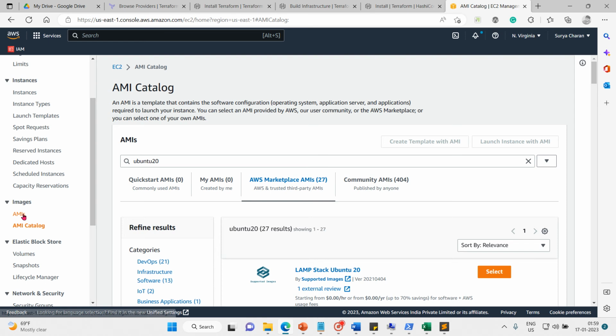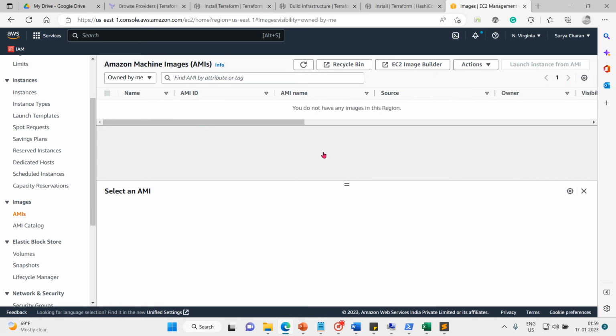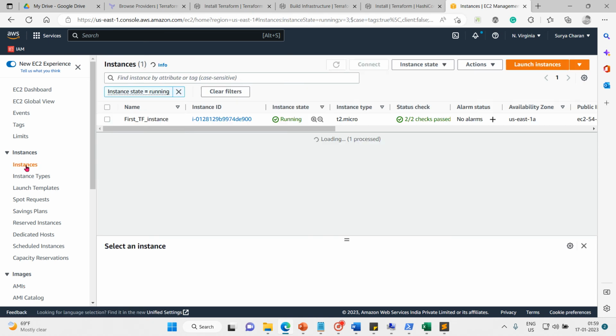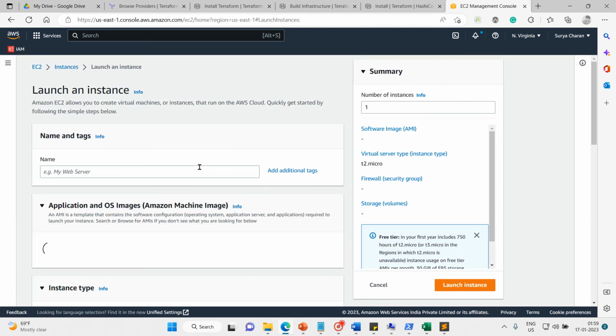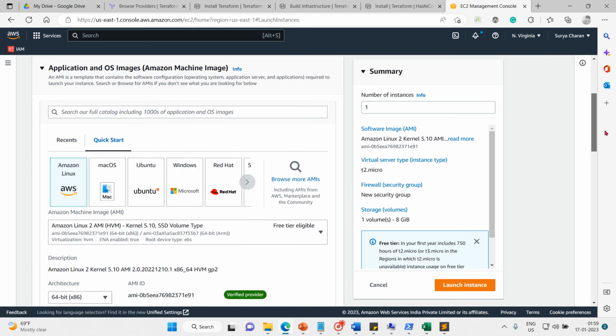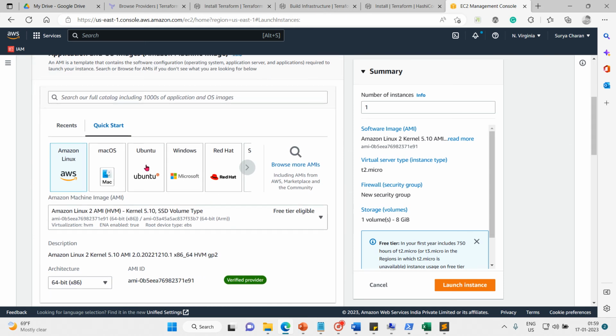Okay, so let me get back to the AMIs that we have, the Amazon Machine Images. So go to the instance, and then we'll take the free tier instance. Either you can directly check Ubuntu, I'll go for Ubuntu at this moment. That would be easier. So here is the Ubuntu